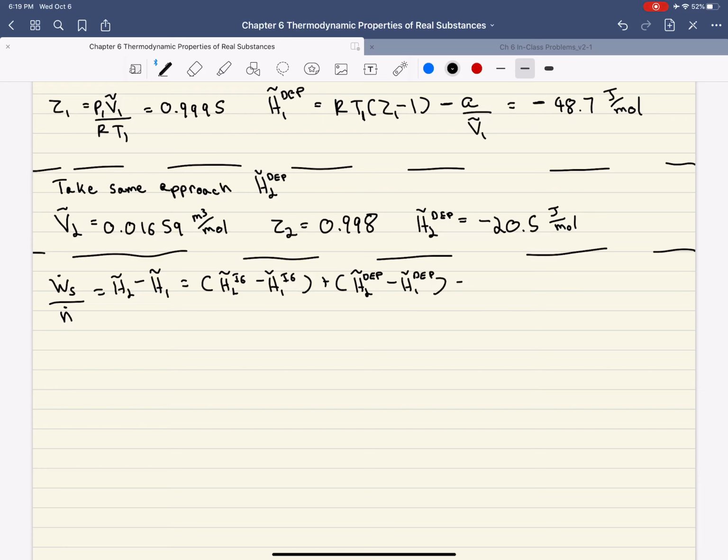Alright, and so what we're taking is the ideal gas contribution. And then we're taking the values for each of our departure functions. Minus negative 48.7 joule per mole. And what we find is that the shaft work is just equal to 9261